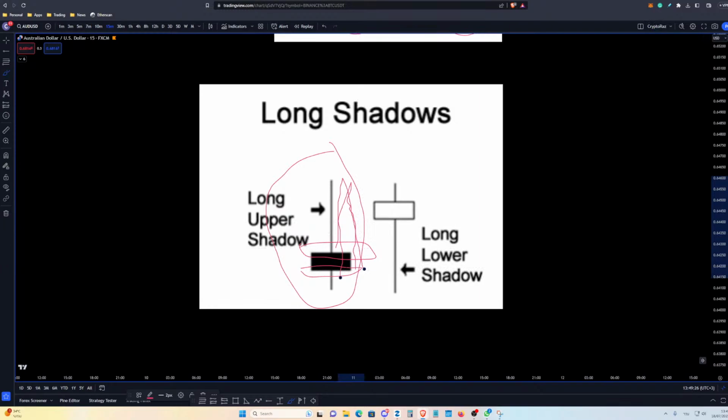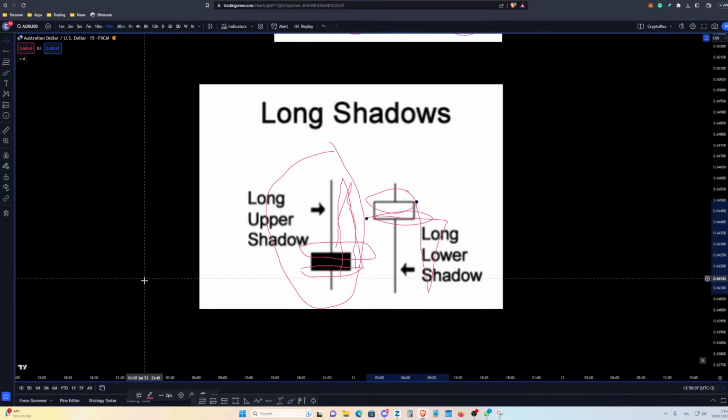Okay? If a Japanese candlestick has a longer lower shadow and a short upper shadow, this means that sellers flashed their washboard abs and forced price lower. But for one reason or another, buyers came in and drove price back up to end the session near its open price. As you can see, the open price, and then you can see sellers have dominated, but then buyers kicked in and closed right below the open price. Okay,